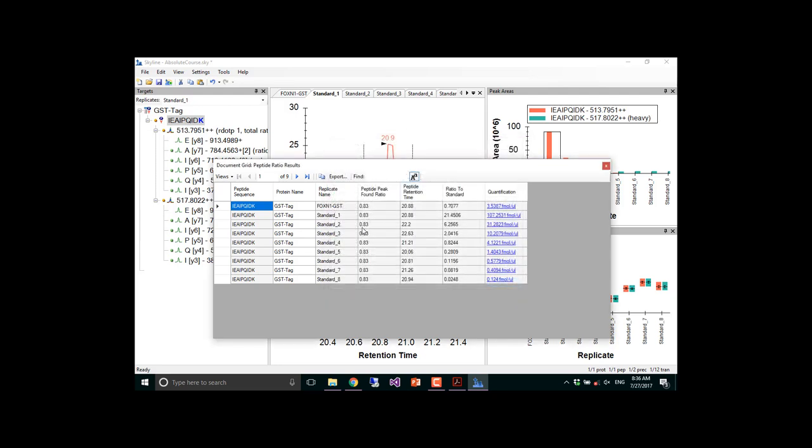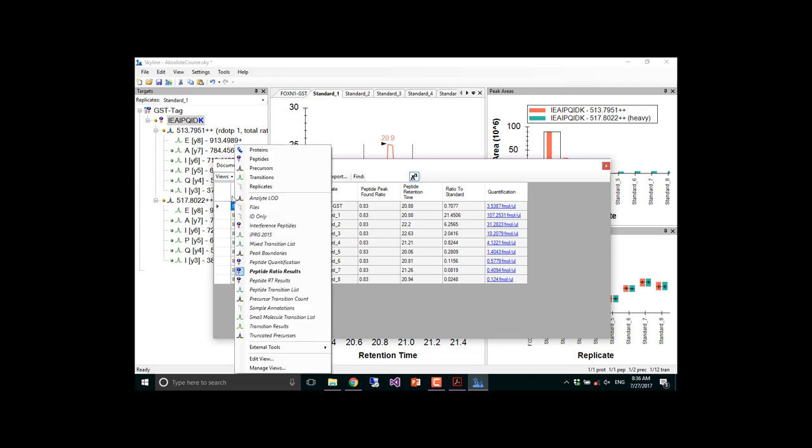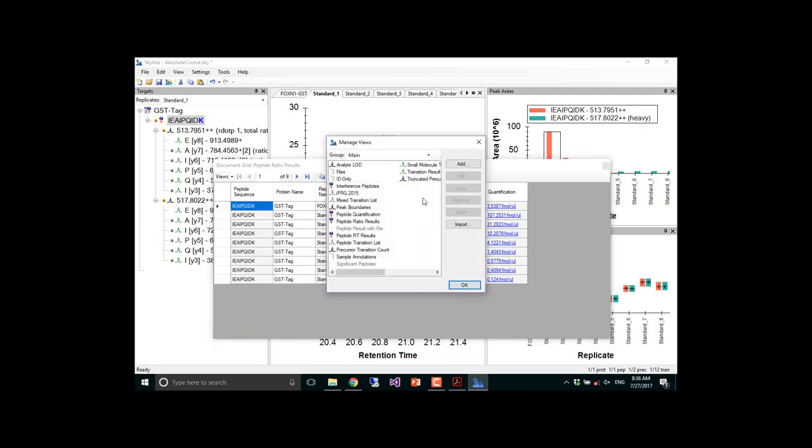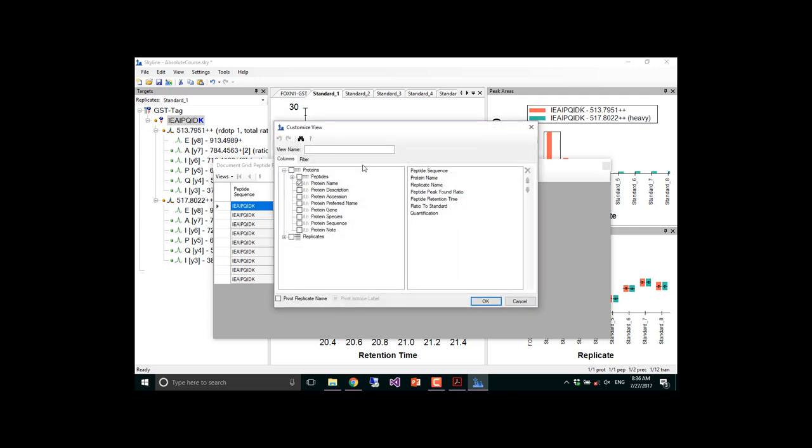Okay, so we can go in and edit this view. This will give you what this view is, so you can create your own. If you went to manage views and you went to peptide ratio results and not peptide RT results. Are you sure this is your peptide? Okay, so then you could go copy, and then open the view editor on my copy, and now you could call this